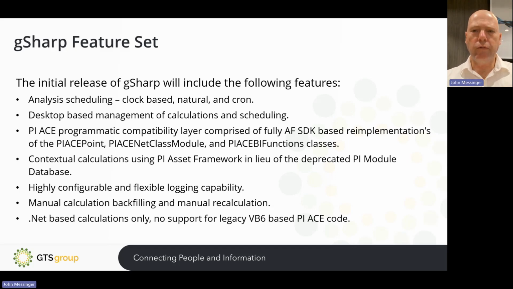The final note is that we support .NET calculations only. Hopefully there's nobody out there still using legacy VB6 based ACE code in ACE version 1. But if you are, you will have to port those applications to .NET first before you can move them over to gSharp.